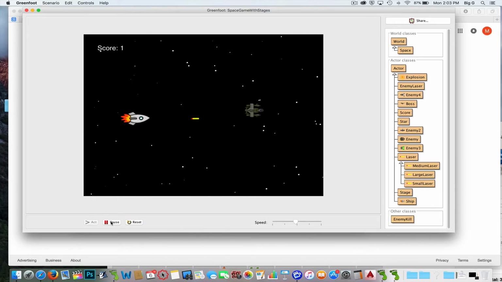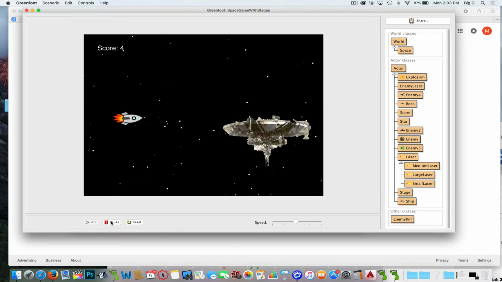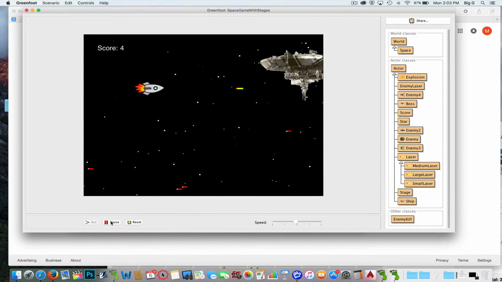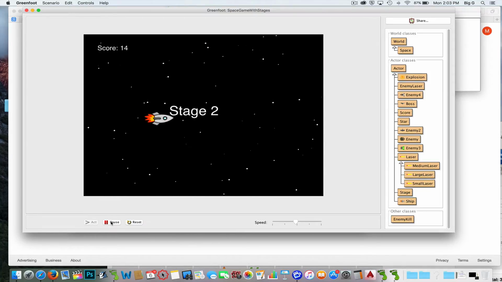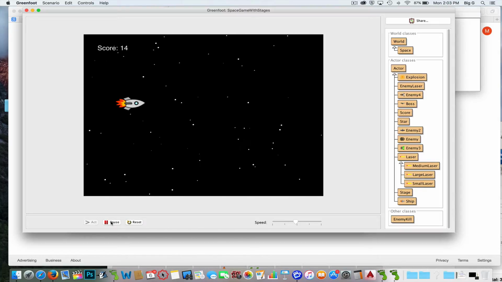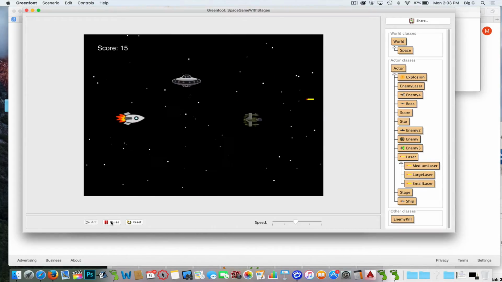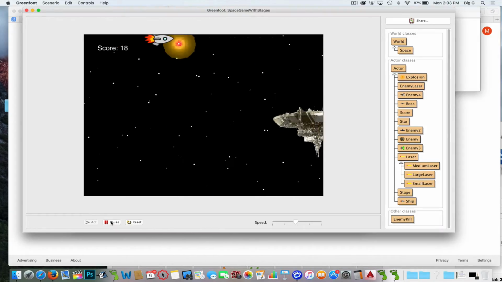So in this video we're going to discuss putting stages into your game, and let me explain here. This is stage 1 and I got to the boss level, and when I beat the boss level, stage 2 will pop up. See, it says stage 2, it gives me time to get ready for stage 2, and in stage 2 there's not one enemy, there's a second enemy, so it's definitely a harder level, and I've set the values pretty low,